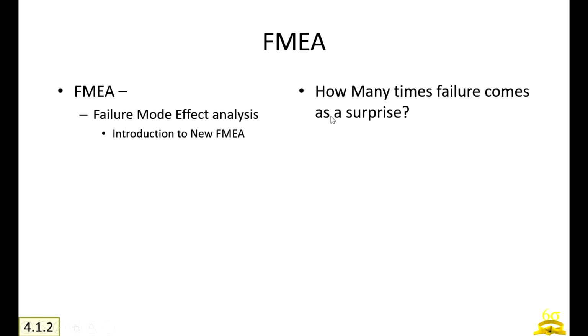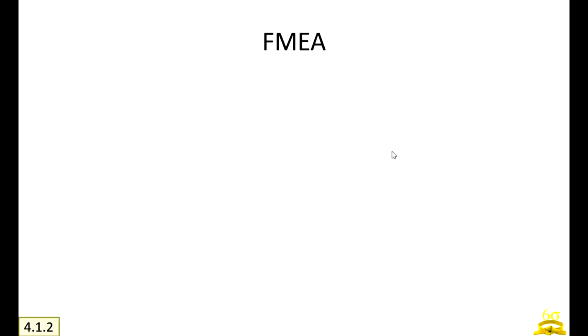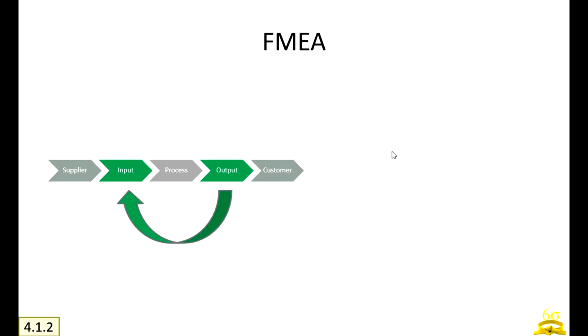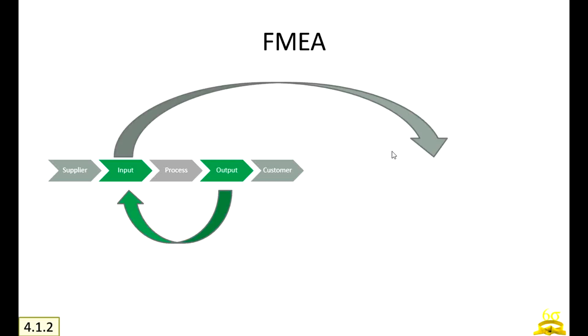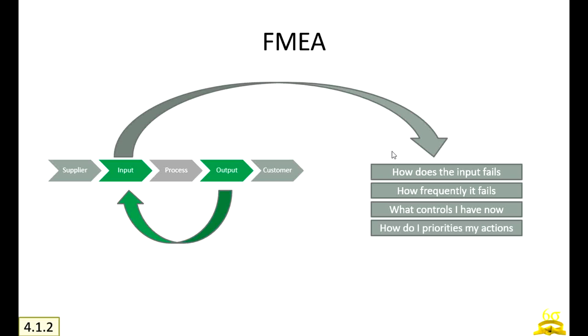If I talk about failures in a process, or if I ask you to recall the incidences where a process failure comes as a surprise to you, right? You don't normally associate it with, or you may not have thought about, this failure point which occurs, right? What does it mean? Whatever output you wanted from the process, that output is, in terms of quality, not good, or in terms of quantity, not good, right? And how does it happen?